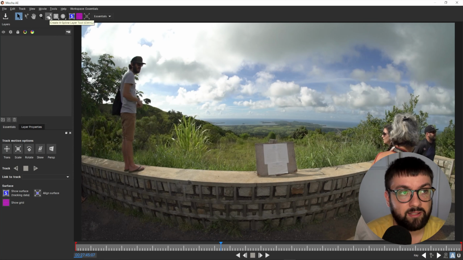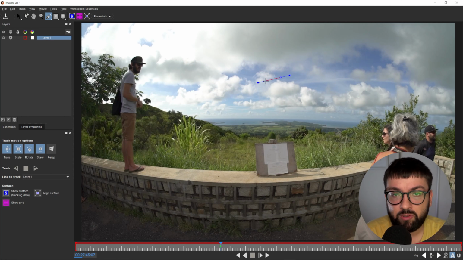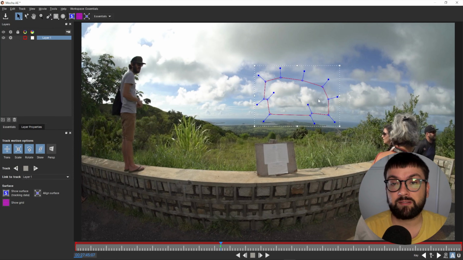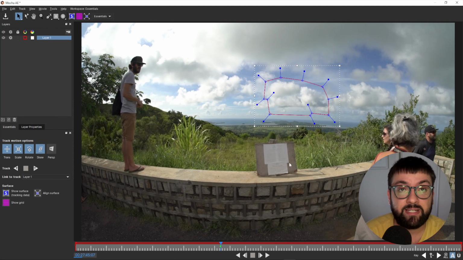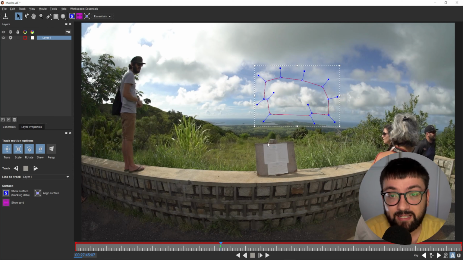So I'll take the X-spline layer tool and I'll just draw a nice solid shape around the geometry of those clouds. So Mocha is a planar tracker. It tracks planes or areas based on contrast. It's great, for example, if we wanted to track this little sign and change what's on the sign, it's great for that sort of stuff. TVs, mobile phones, billboards, but it's also just a great 2-dimensional tracker or 2.5 dimensional tracker. It's a sneaky little semi 3D tracker. But yeah, based on planes rather than points, like your point tracker in After Effects or the 3D camera tracker